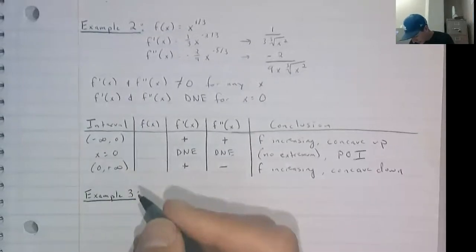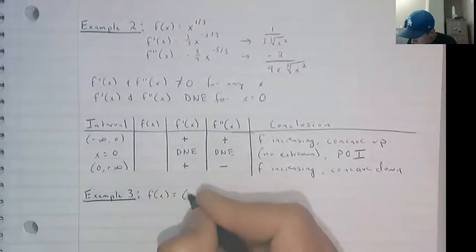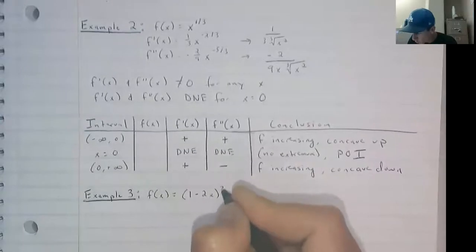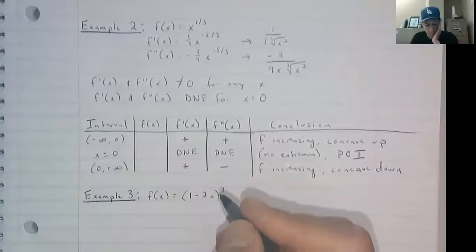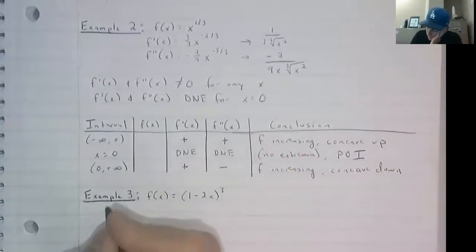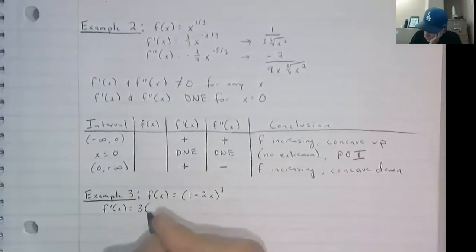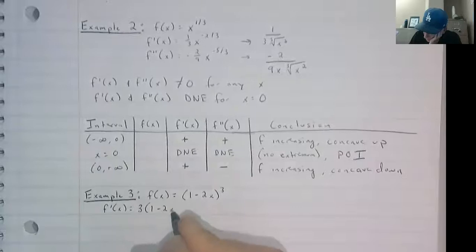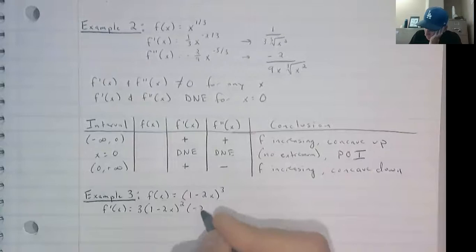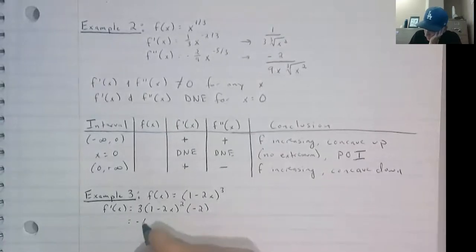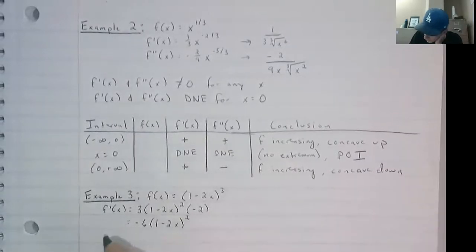Now we're going to look at f of x equal to 1 minus 2x cubed. Okay, so let's jump straight into f prime, which chain rule tells us should be 3 times (1 minus 2x) squared. The derivative of this inner piece is -2. So our derivative is -6 times (1 minus 2x) squared, which means that f double prime,